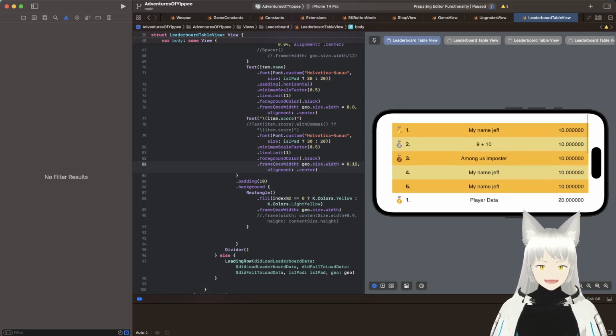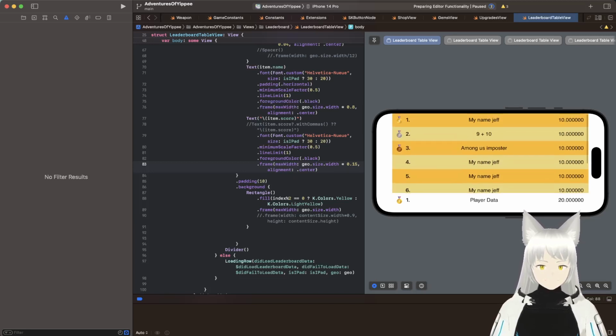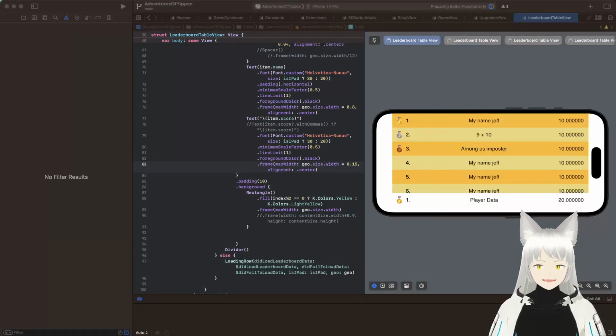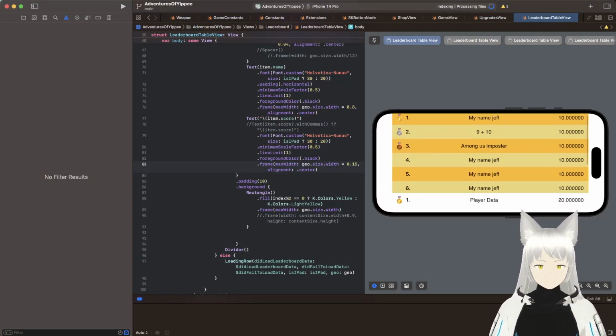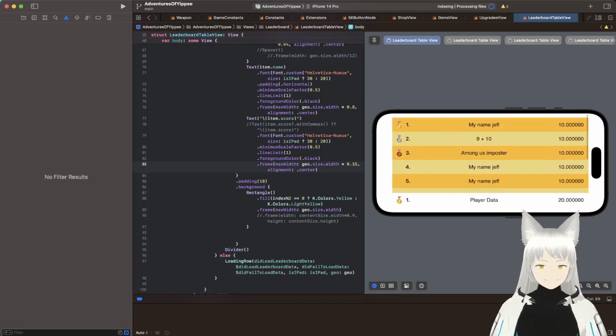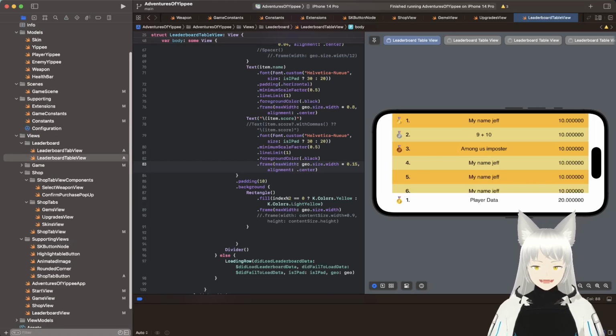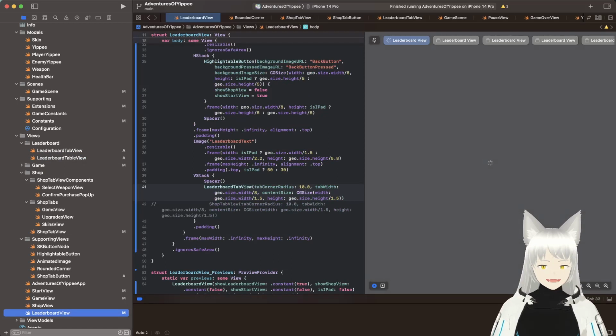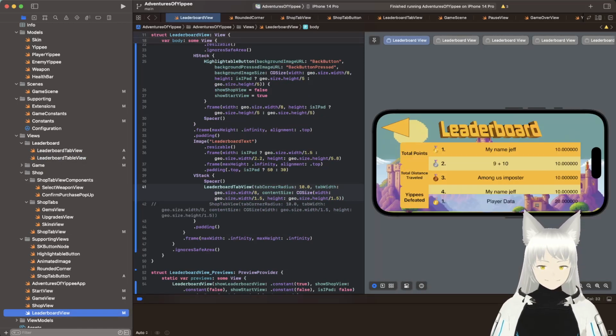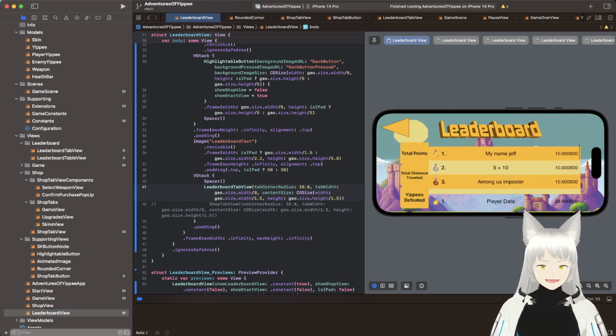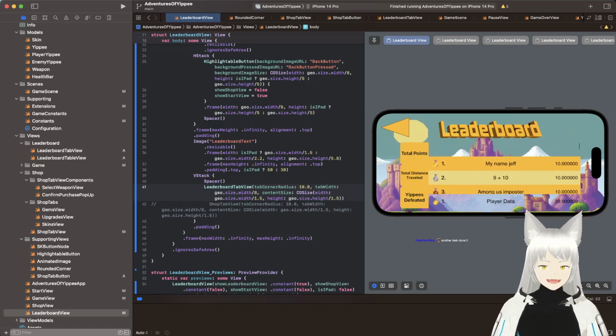Cool. I don't know if that's better for the leaderboard. Maybe? I think some apps do that, where they have a leaderboard and each row is a different color, or alternating colors. It kind of looks nice. Let's take a look at how it looks in the actual leaderboard. Oh, of course, I haven't put a color on the bottom row yet, but it looks kind of nice. Oh, but then I see, look at that. If I pull it down,